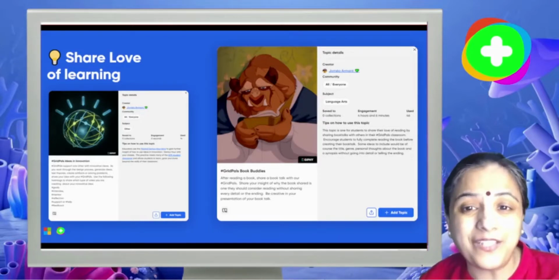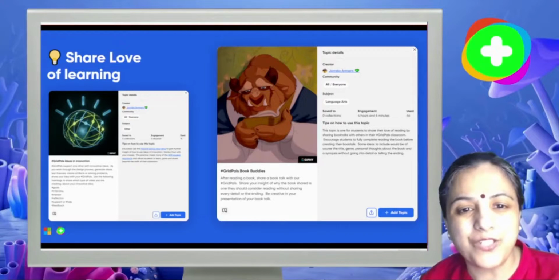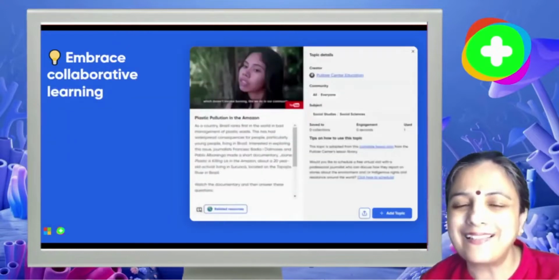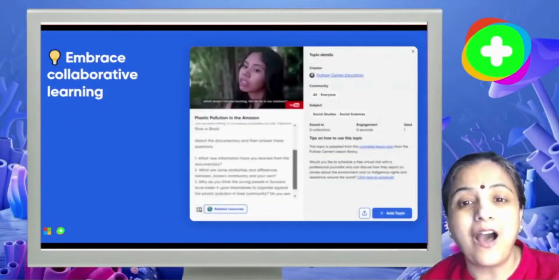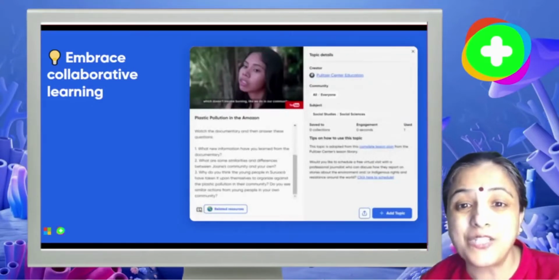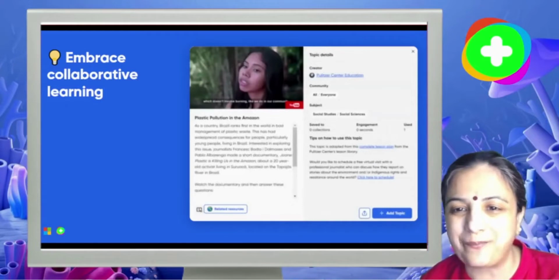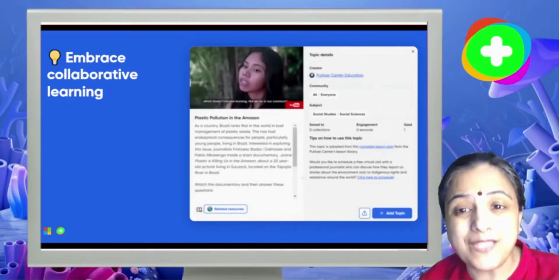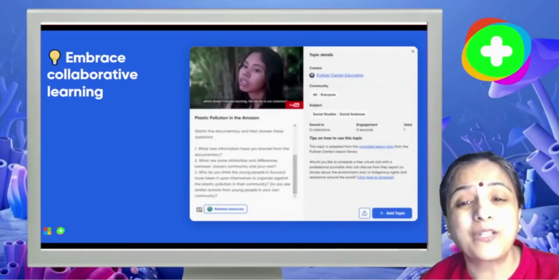You can even use GridPals to find local solutions to global problems, much like the SDGs. However you decide to connect, one thing that is sure to happen is that you will be living out the mission of Flipgrid. Because with that, we know we will build global empathy.